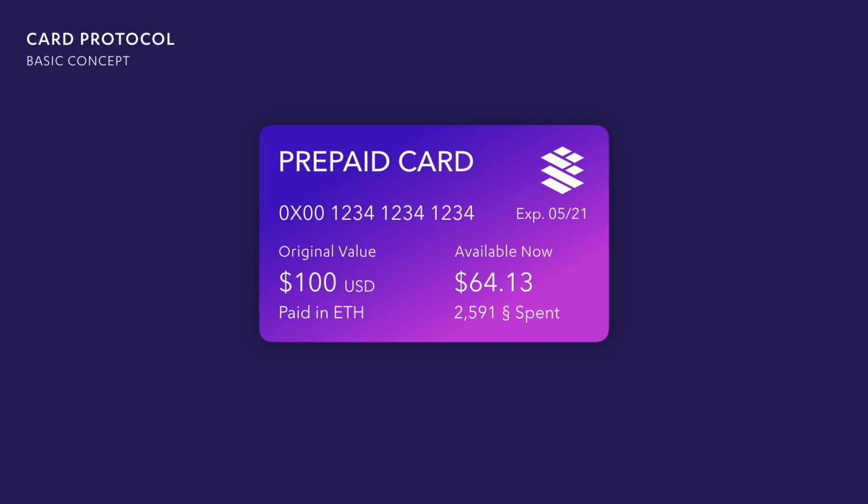So a prepaid card has an address, so this is like a credit card number. It has an original value. When you buy a prepaid card from a drugstore or from a retailer, from a corner store, whatever it might be, you give them $100 or $50 or $25. And in this case, we accept a prepaid card that's generated by a thing that is not USD based because you can't give a $100 bill USD to the smart contract on the network. So you have to pay in some sort of token. So there was paid in there.